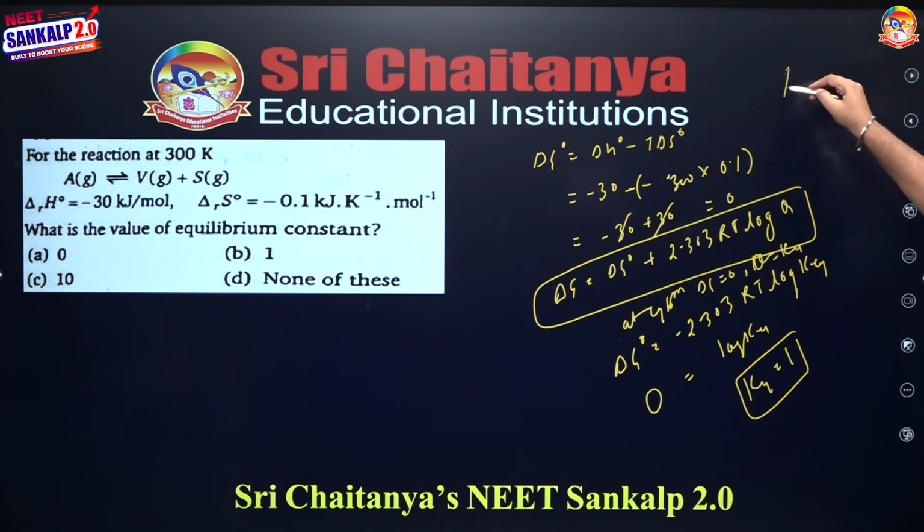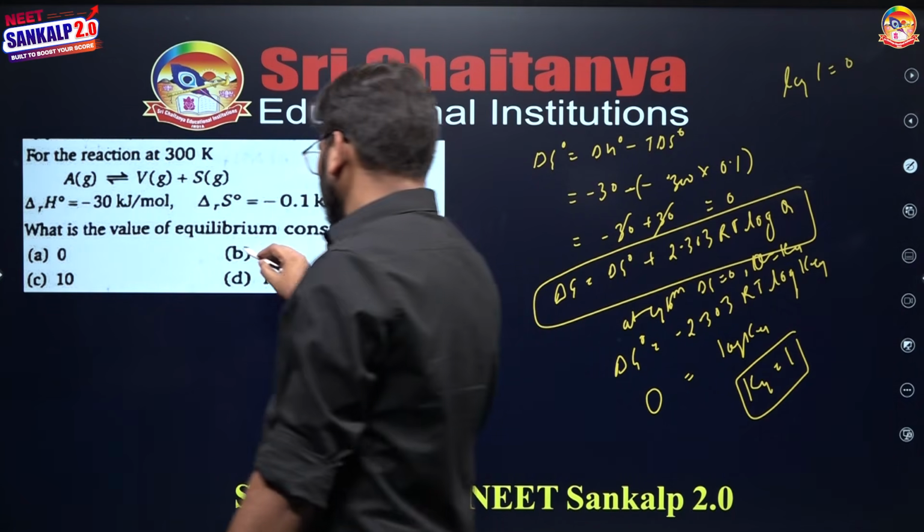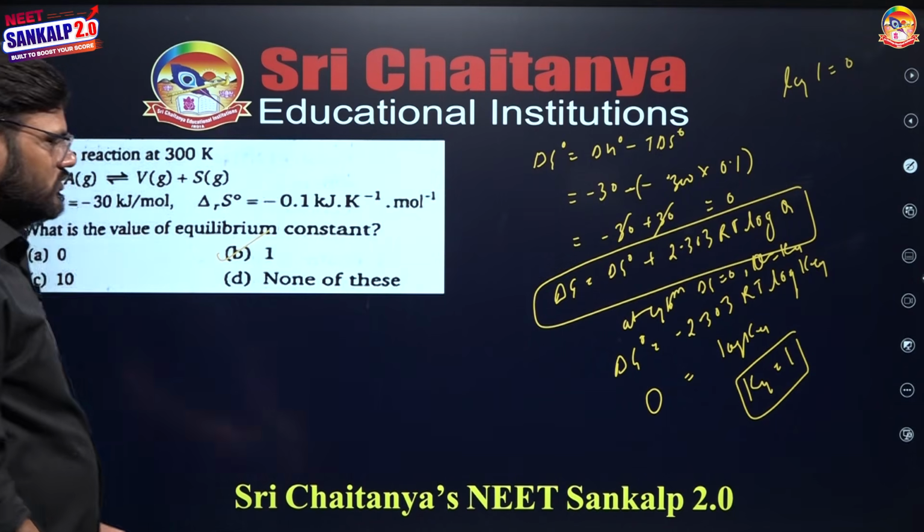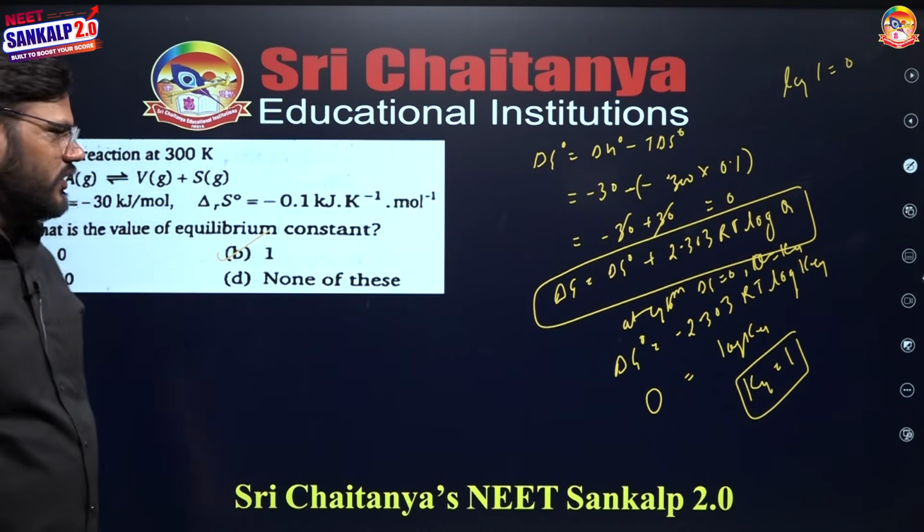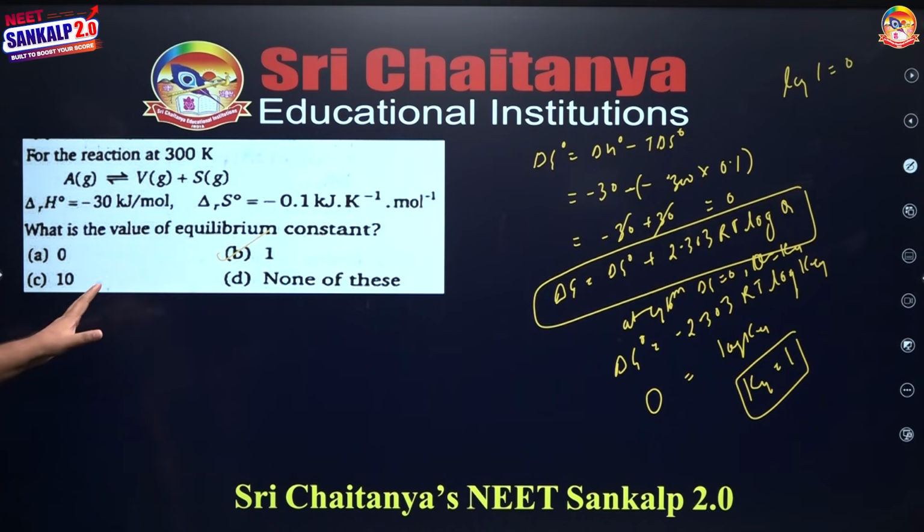Log 1 is 0. That is how this will become B as 1. Is it clear to everyone? Okay. Fine. So this is about